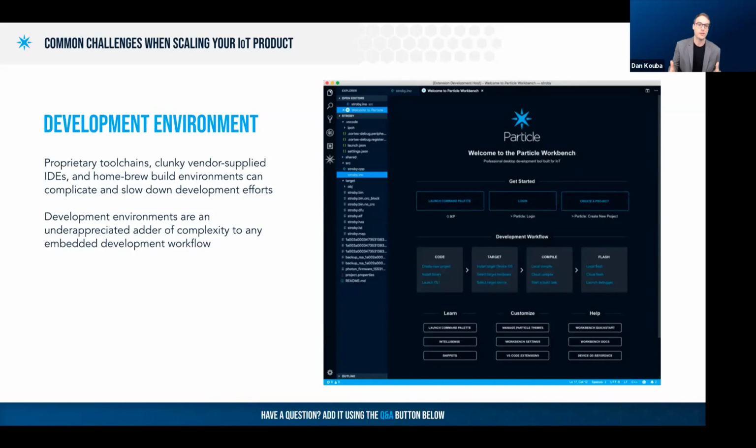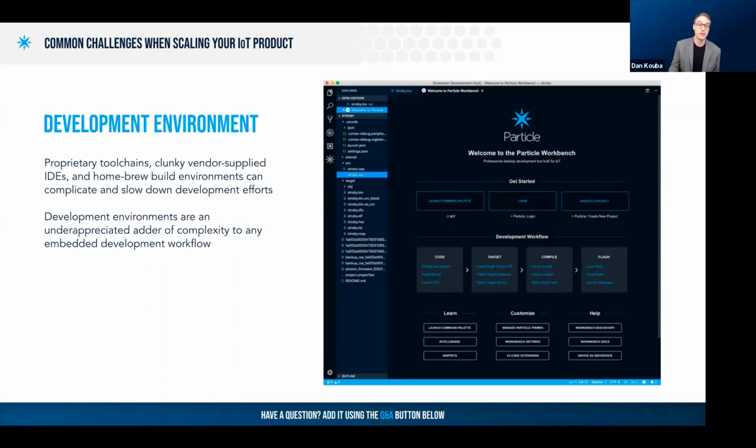At the end of the day, thinking about this from the beginning, developer time is really, really valuable, and you want to make sure that this is something that you evaluate as you go and look at different vendors. How are they going to support your development efforts and make this process easy? Because you don't want to spend your time fighting against tools. That's not the development experience. The development experience is actually building the thing you're trying to build.